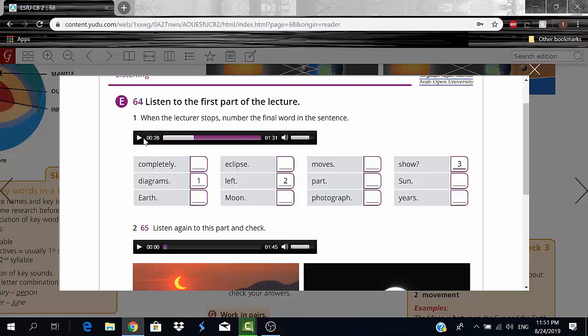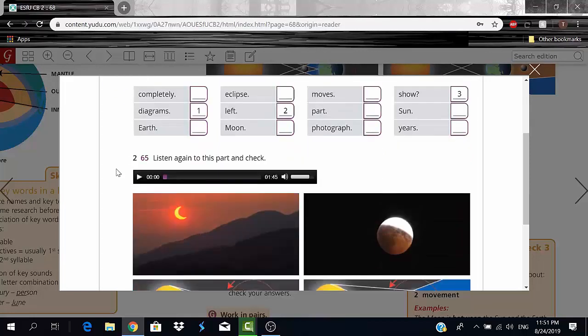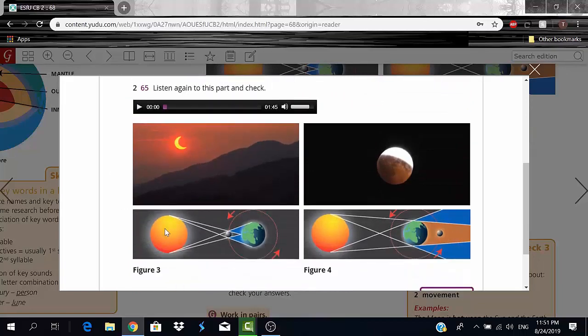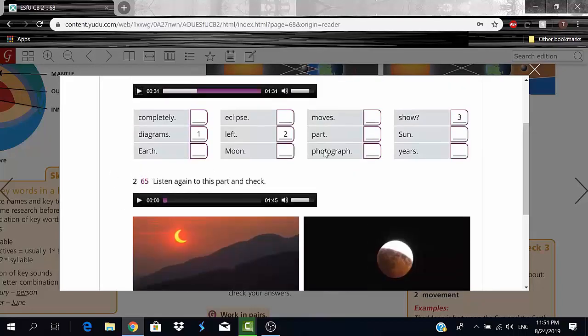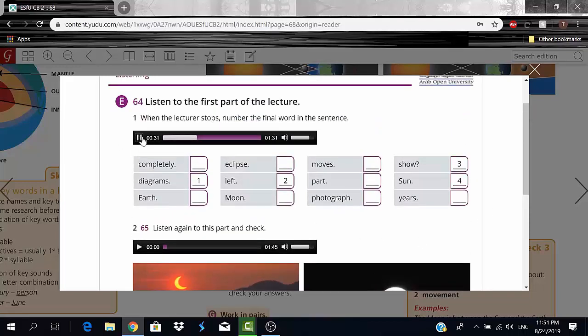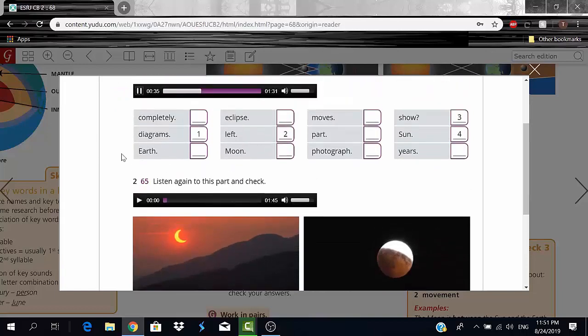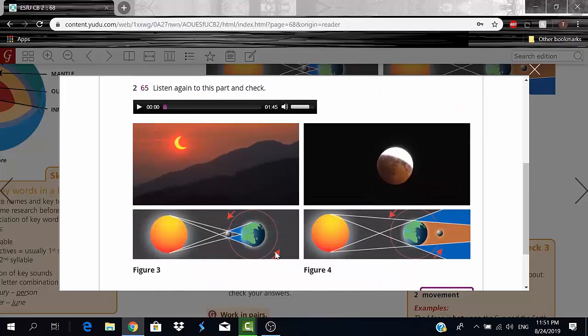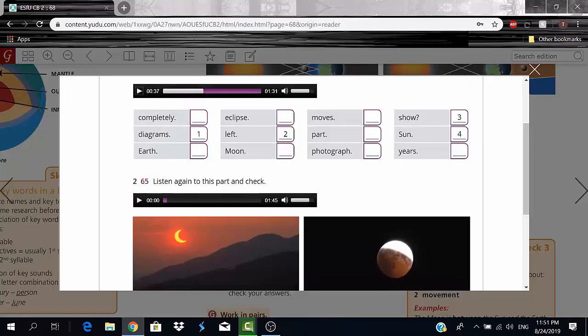Get ready for number 4. Here we go. Well, of course, it shows, what does it show? It shows the sun, right? You can clearly see the sun. So where's the sun? It shows the sun, okay? 5. But in front of the sun, we can see part of the, what can we see? We can see part of the moon, right? So do we have the moon? Yes, we do. 1, 2, 3, 4, and moon will be number 5, okay?